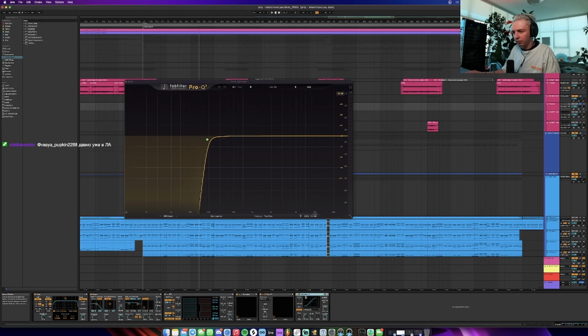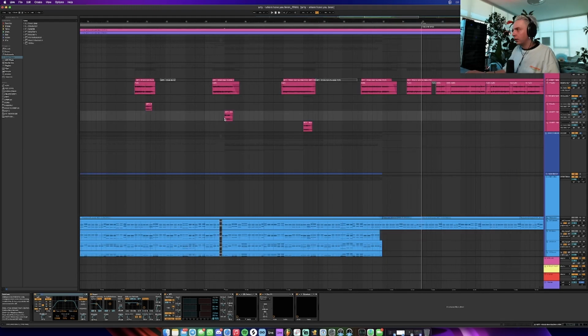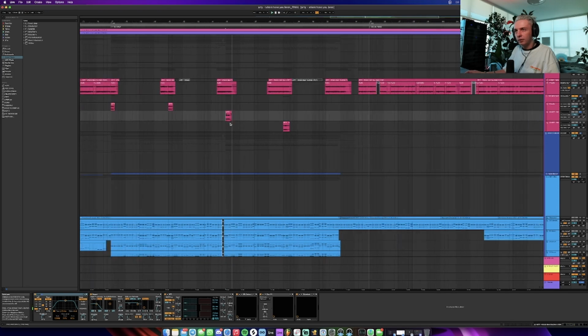And last thing, but not least, a saturator. Drive is up to 7.5 dBs, and I'm turning down most of it. I'm taking out minus 6.5 on the output, just to give that vocal cut a little bit of saturation. We have another drop like that,